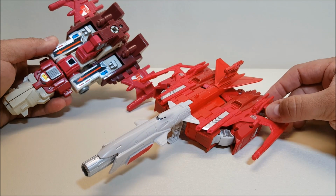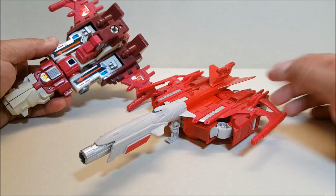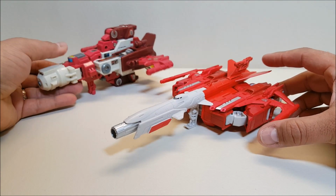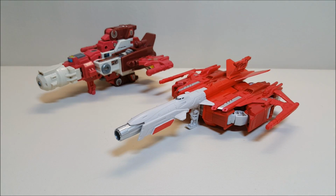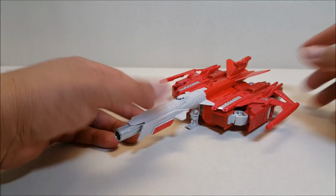And yeah. Again, this whole top of the jet here just looks way off to me. It just really doesn't do a good job for me personally. I don't think it's translating well. So, there's one last look at the two of them together, and we'll get right into the transformation, which is going to be...